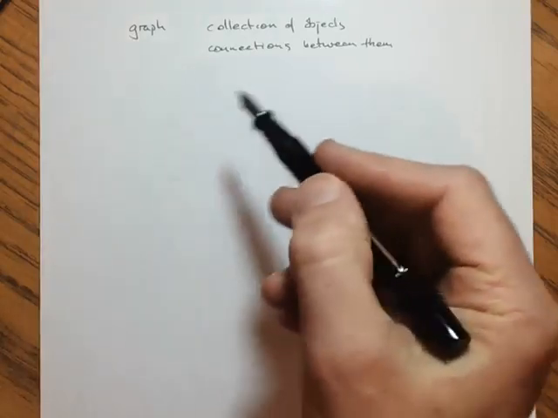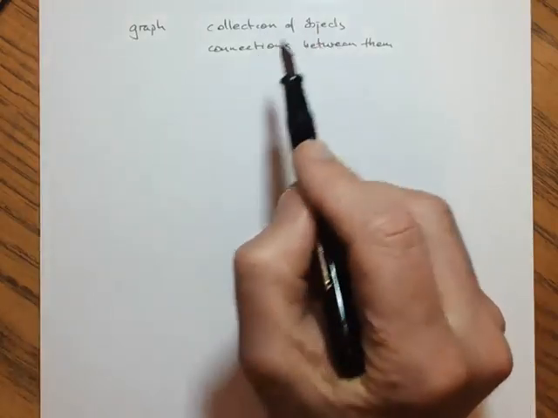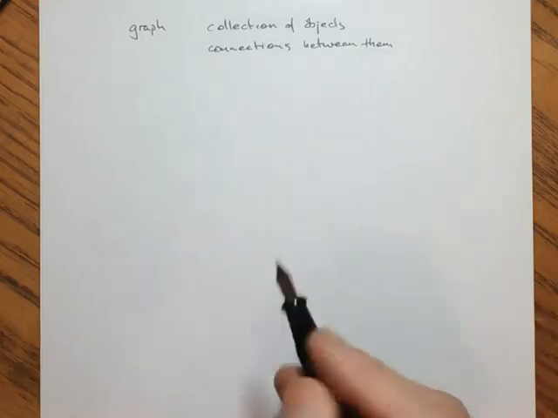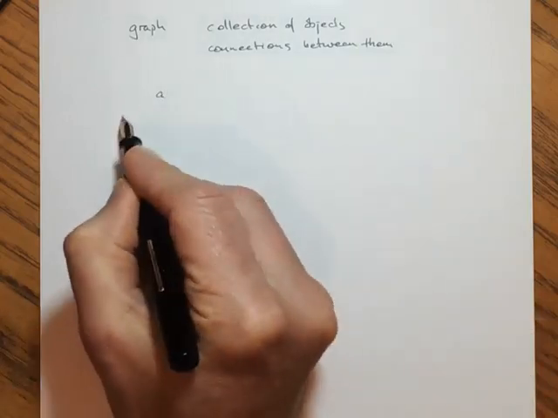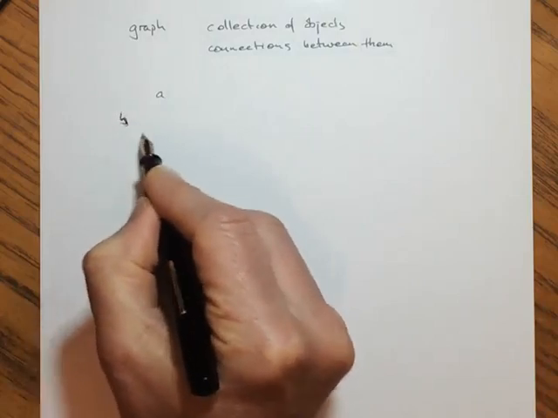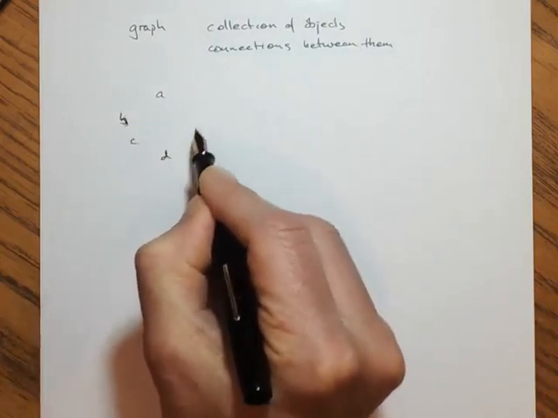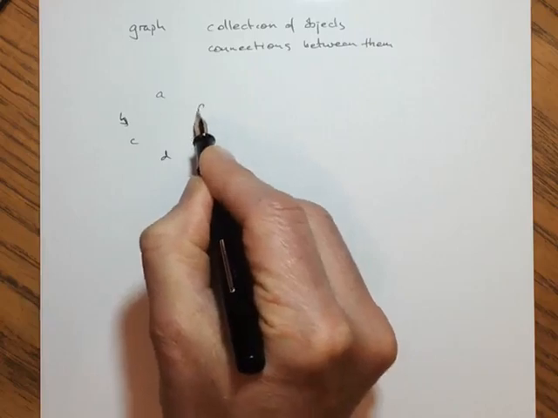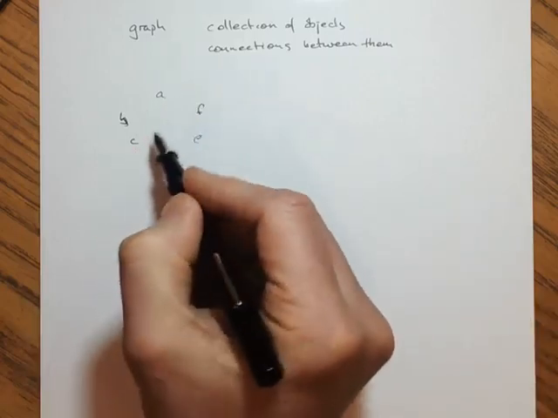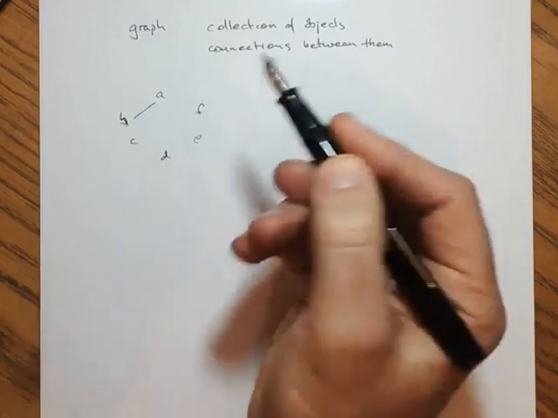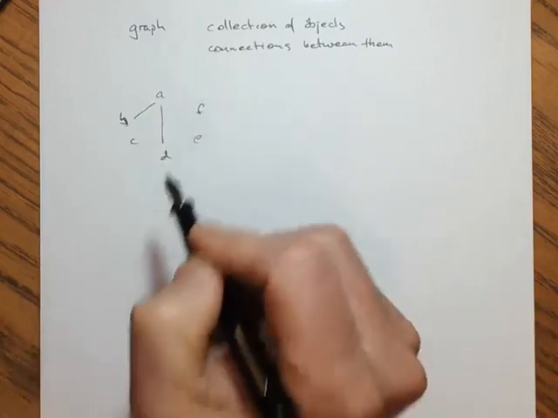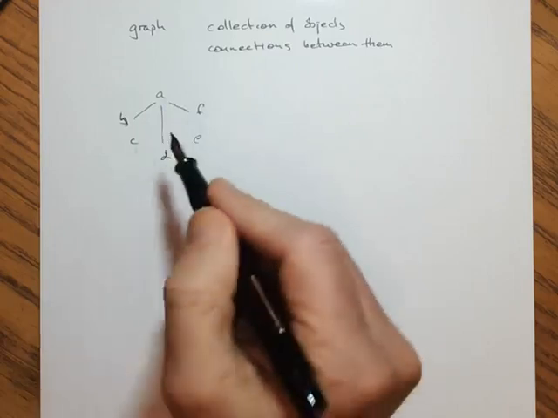So graphs are informally collections of objects together with the connections between them. For example, we might have things called A, B, C, D, E and F, so 6 objects, and the connections between them we might talk about. A is connected to B in some fashion, A is connected to D, let's say A is connected to F,